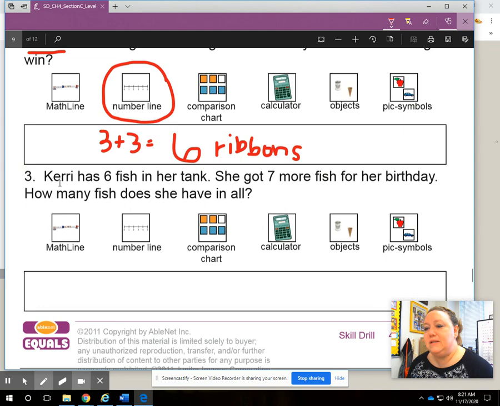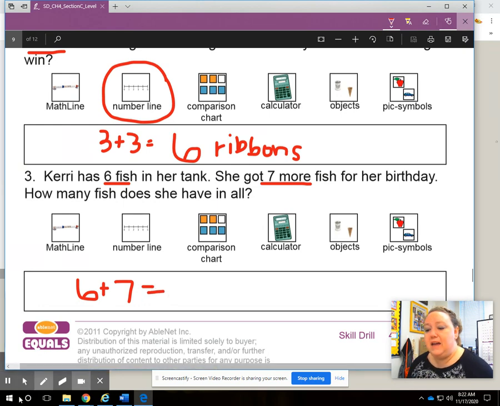So this one says Carrie has 6 fish in her tank. She got 7 more fish for her birthday. How many fish does she have in all? Well, this sounds like another addition problem, doesn't it? Because it says 7 more. More is that key word, right? So 6 plus 7, that's going to be what our